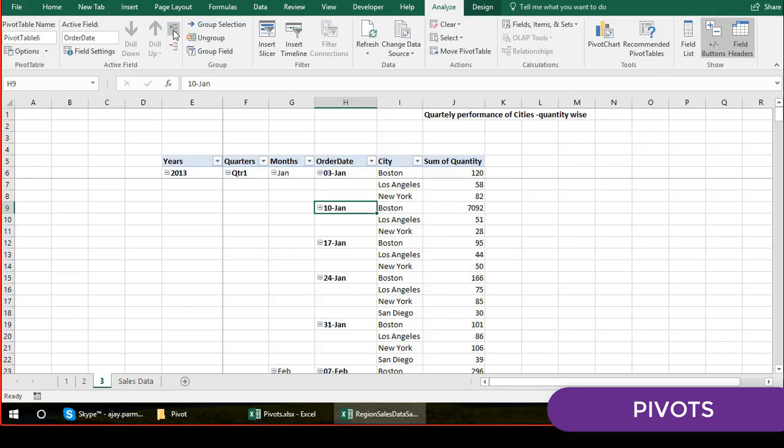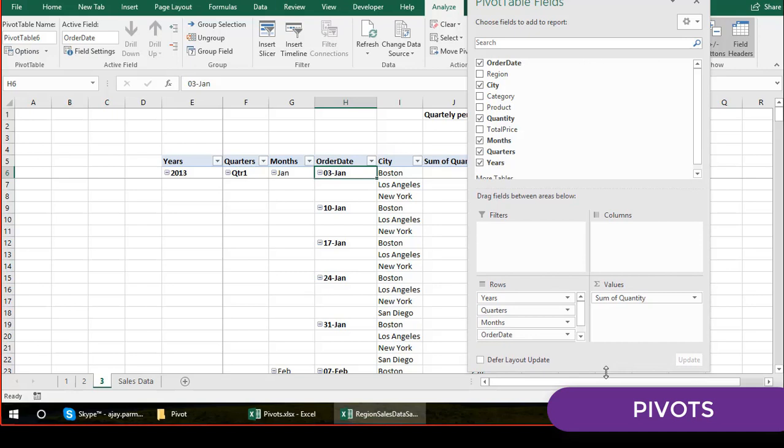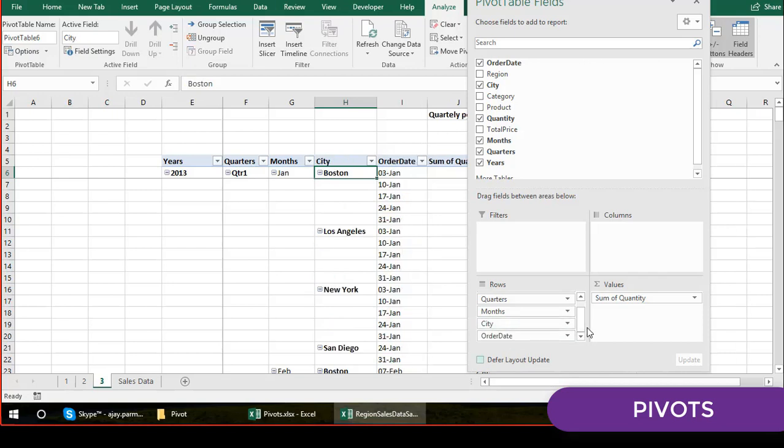So I guess this is not a good presentation, because my cities should come first, and then the date. So you have to think about that. I click on the field list, and you see when you group the date, automatically you have some more headers: year, quarter, month, and order date. They are not actually in your data, but grouping has done that. So I think what I should do is put the city maybe before the date. You can do that, just drag it here. Okay, so this is how it is. I think this looks much better, right?